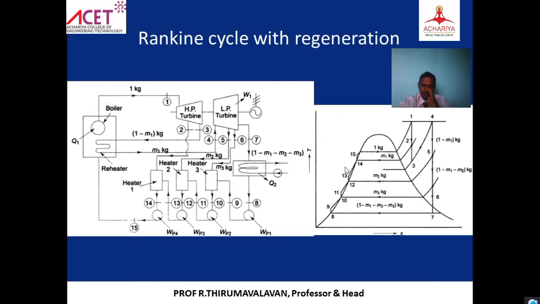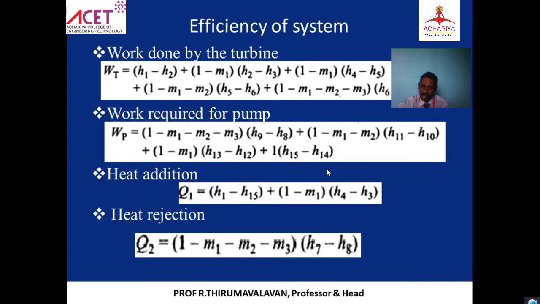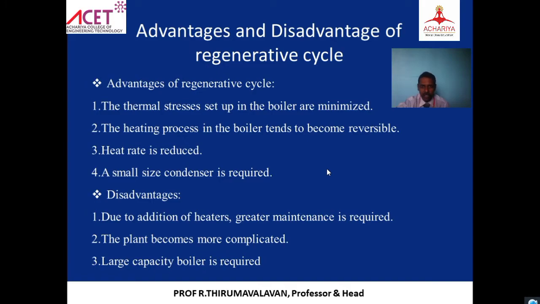So we can easily understand. You can go step by step. You can easily understand how the heat energy is extracted and how much it will be utilized. So this is going to be a reheat as well as regeneration combined, right? Even if you go for another cycle, this is what we call the advantages of regeneration. What are the advantages? Everything will have advantages and disadvantages. The thermal stress set up in the boiler is minimized because of sudden drop. If you have a sudden drop from the condenser into the boiler, then a sudden rise from 40 degrees to 100 degrees will happen. So if you are going with this, the temperature rise will be uniform, a gradual improvement.